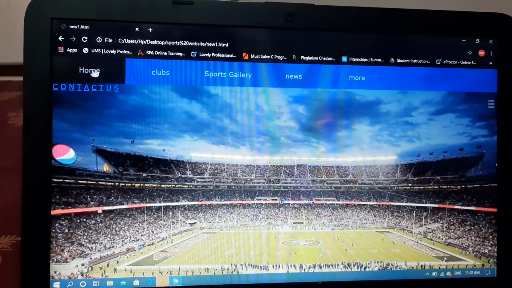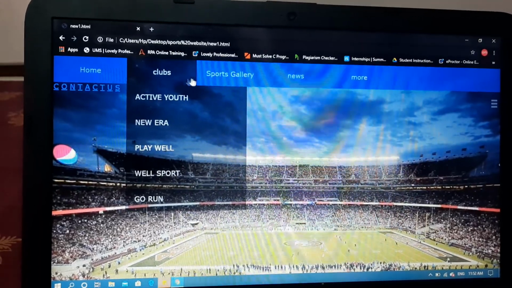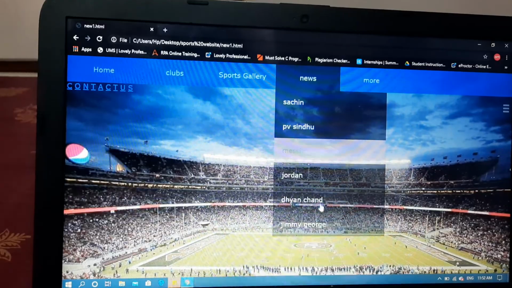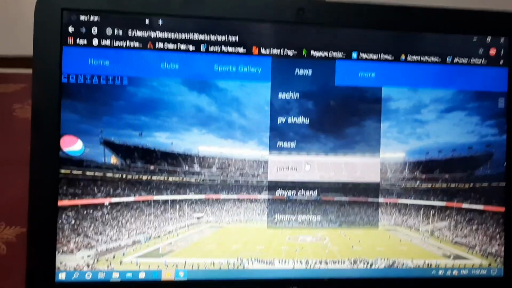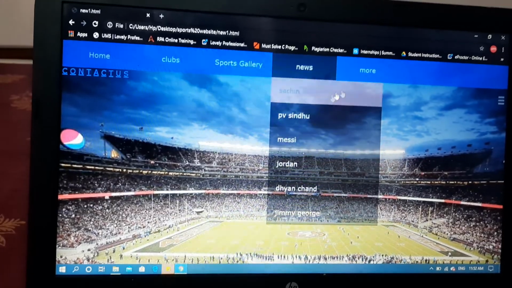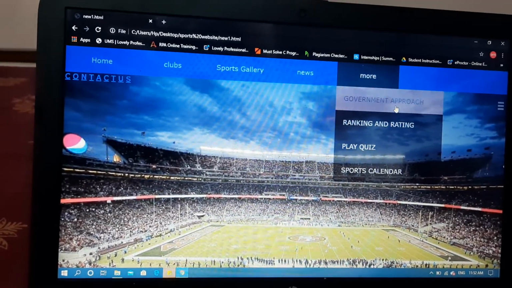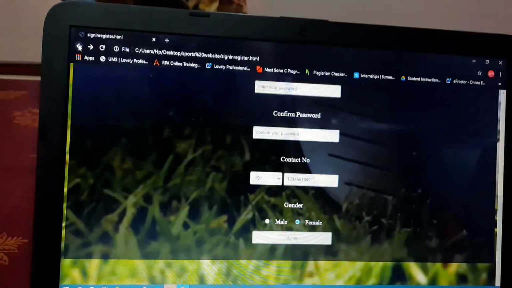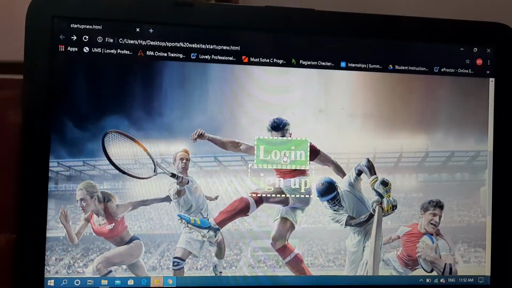This is the home page. Here you can see that wherever I keep the cursor, it gives a blink like this, and the drop down box. Also here you can see this one, a white color blink wherever the cursor is going. Okay, now let's go to the login page. Now this is the login.